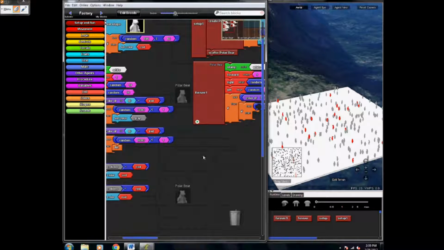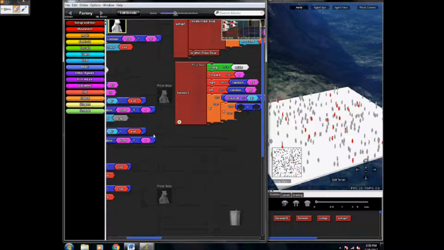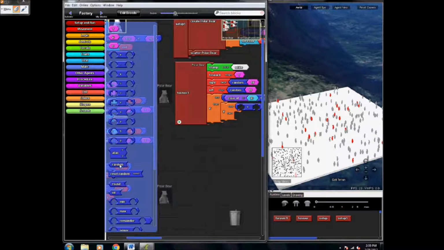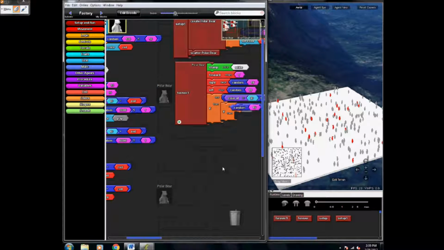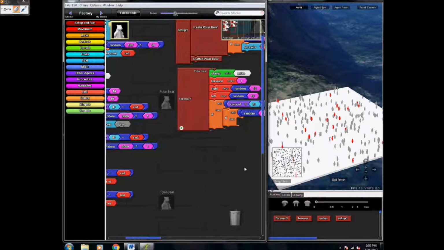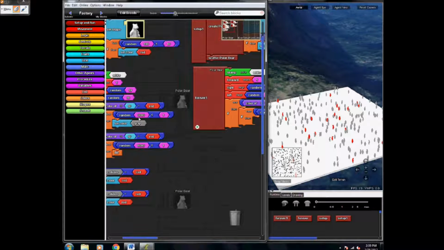Now the interesting thing about this is you can adjust this to however you want, or how many you want to kill over this simulation. So I'm just going to put random 3,000, and then next one is